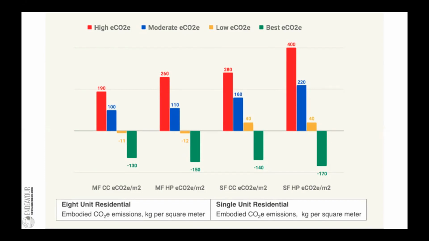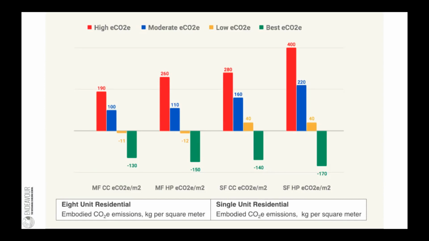But if you're using carbon storing ones, by adding more insulation, you're actually adding more storage. And so the rest of the presentation is sort of going to focus mostly on those yellow and green bars, in particular the green bars, because that's where we're going to really be able to make a dent in the